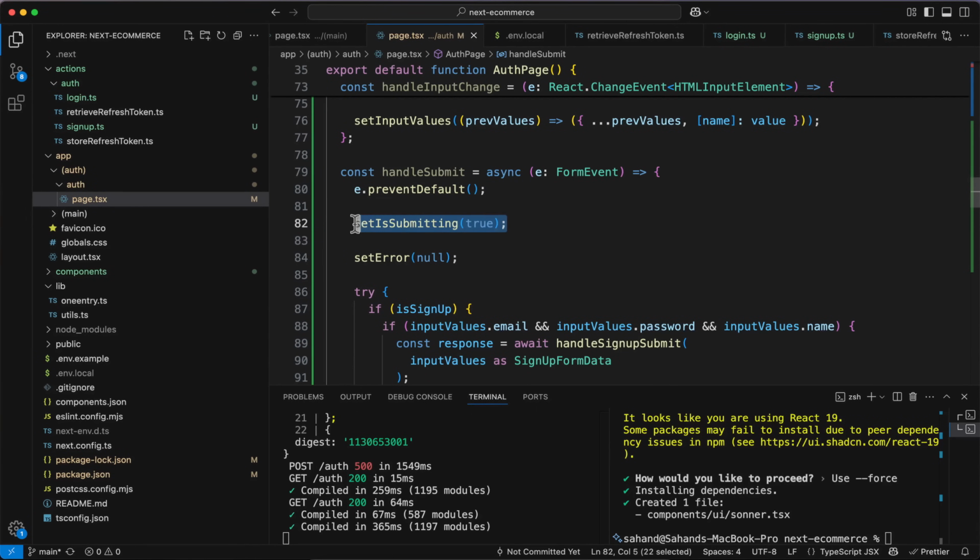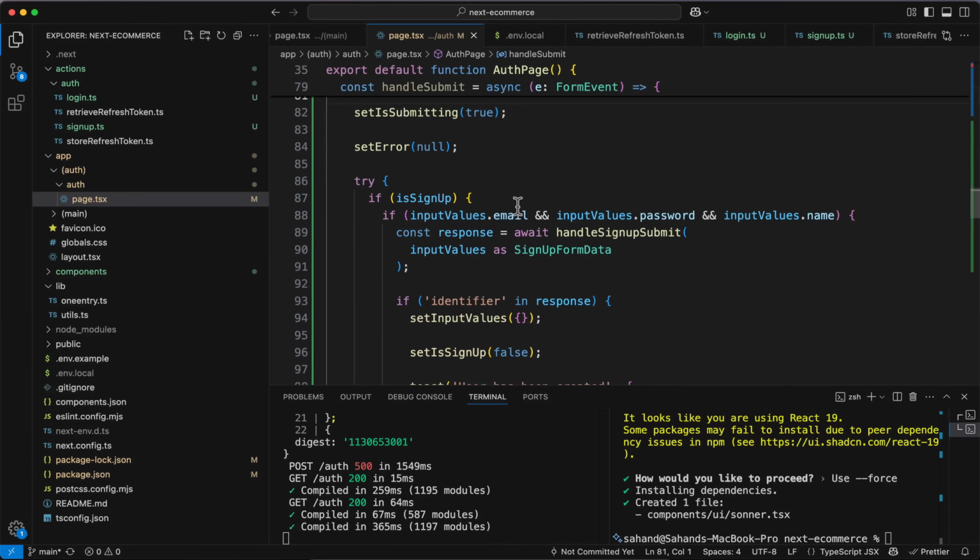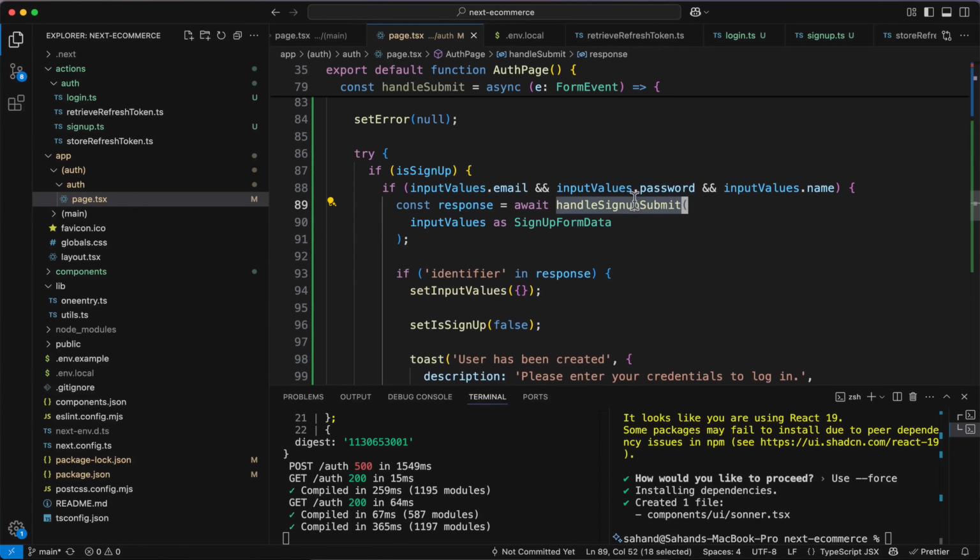And we set the isSubmitting hook to true and also the error to null. And then we're going to have a try and catch statement. First, in the try, if signUp is true, we want to sign up the user. We get the information like email, password, and name. And then we use the handle sign up,